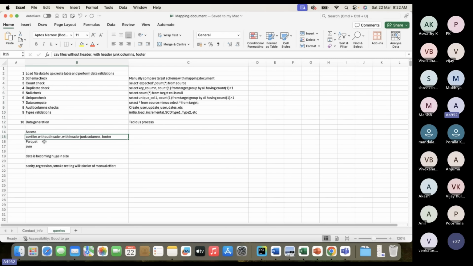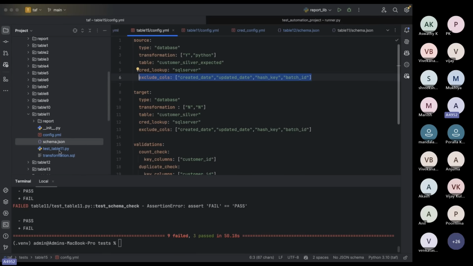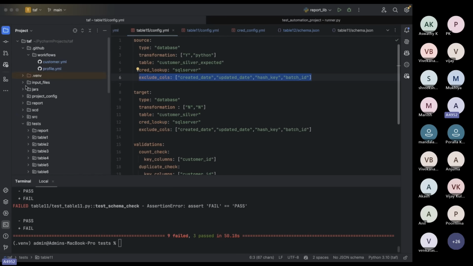Okay, and coming to the Parquet files, right? I don't know whether you have already seen these kinds of Parquet files, Avro files. Parquet files and Avro files, we cannot open from our laptop applications. A CSV file we can open from desktop applications like Notepad++, Notepad, or maybe we can use some other IDEs or tools to open these files and then update the data. But if your source is a Parquet file, if your target is a Parquet file, we can't open it from our local systems. So let me show you one simple Parquet file. Okay.